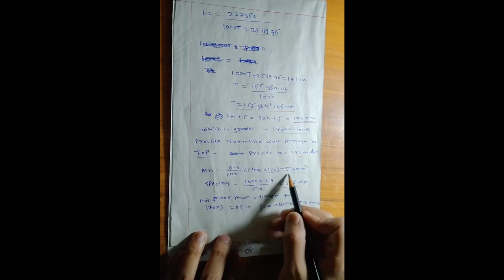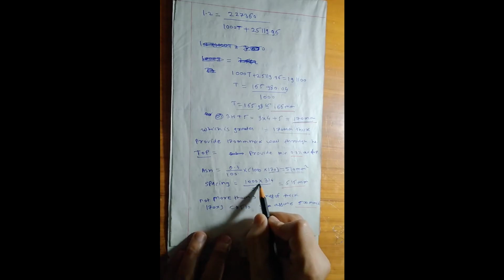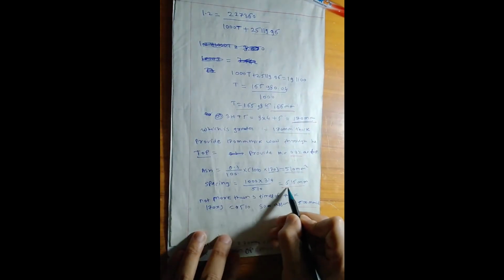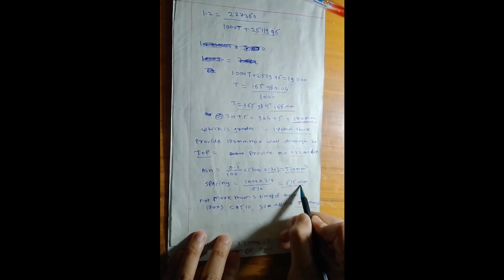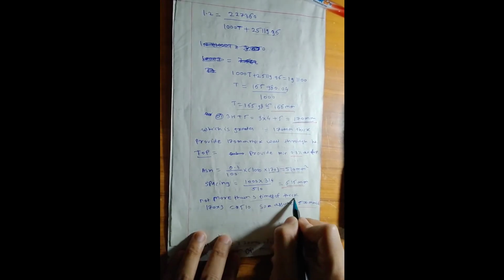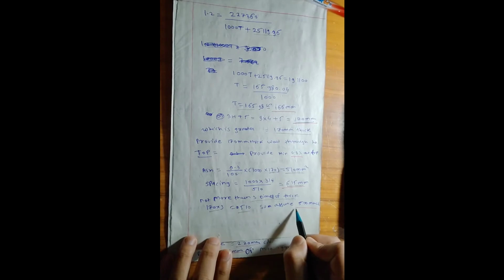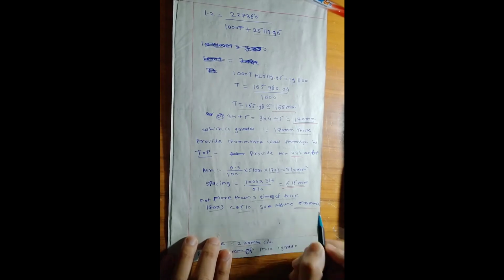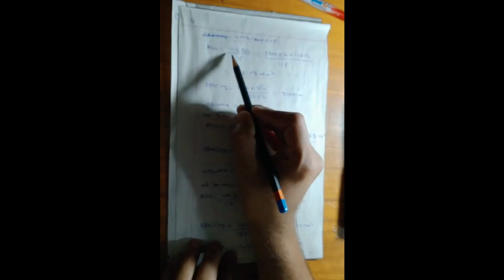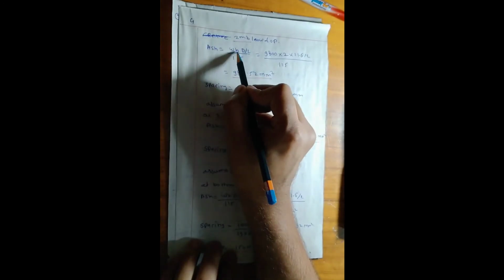The spacing, with AST at the top being 510 mm square, is 1000 into 314 divided by 510, which is 615. So we cannot give a spacing of 615. We have to take 3 times the thickness of the wall: 170 mm thickness into 3 is 510. Let us assume the spacing at the top is 500 mm center to center. Now 2 meters below, the AST is equal to, again by the same formula, but the height of the wall is different.